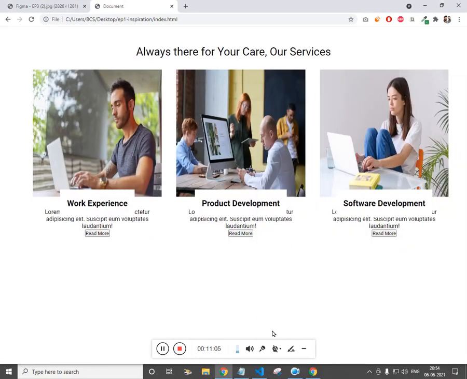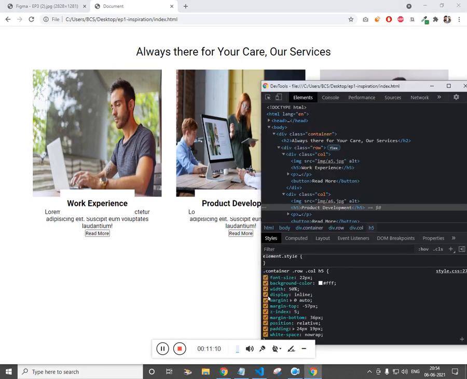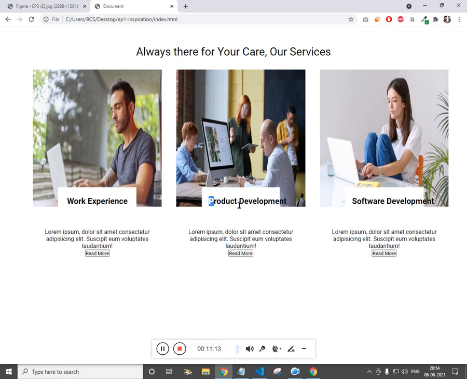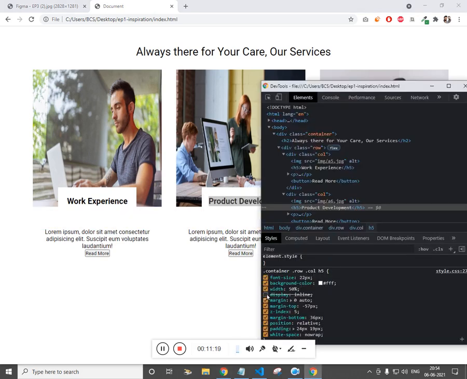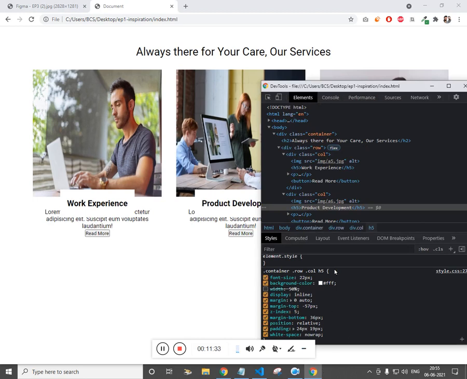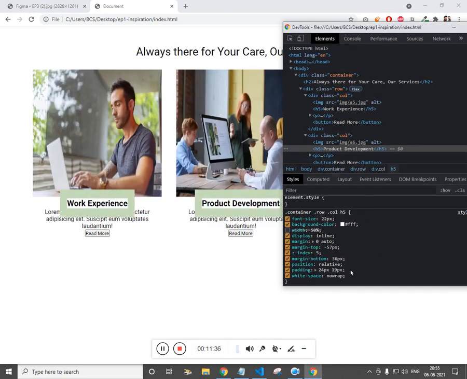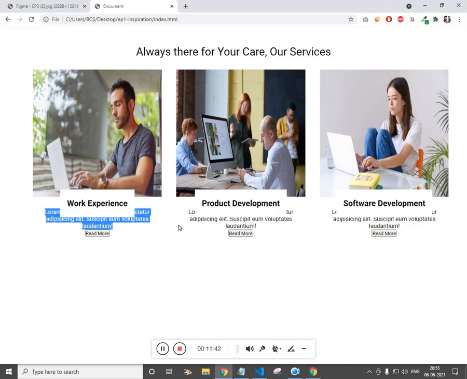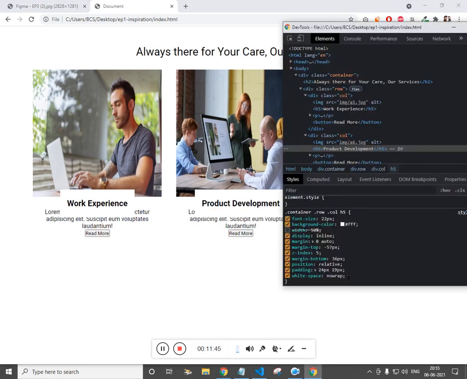If we use width, it is just taking the width 50%, and whatever text is inside, it is just spilling out. We don't want that. Instead, remove the width, and now it's display block. The actual HTML is display block for H5. So if I make it inline, you can see it is just taking the required space. So I believe margin bottom is not working. We will have to give margin top for the paragraph below, so we'll work on it.